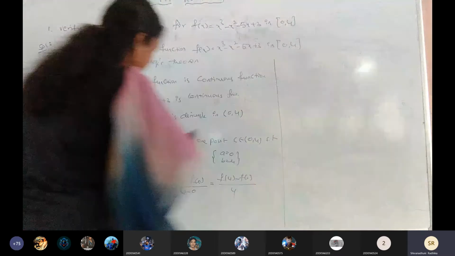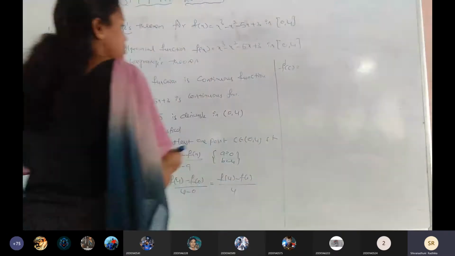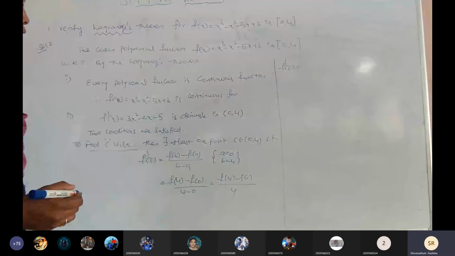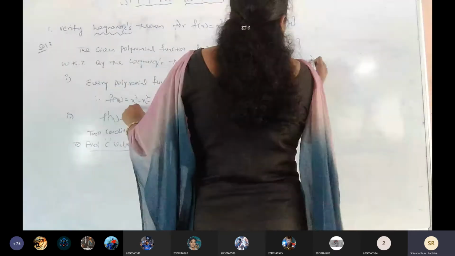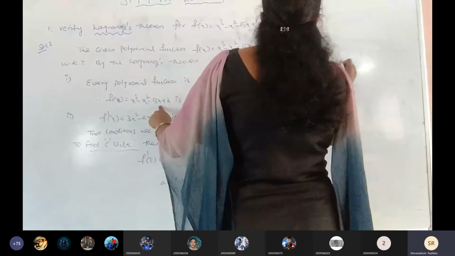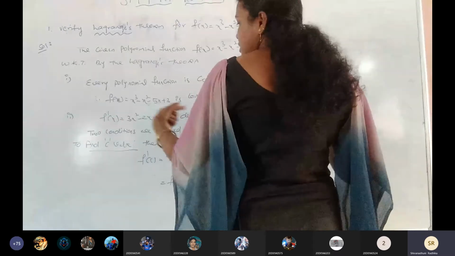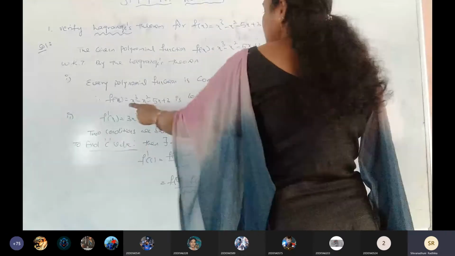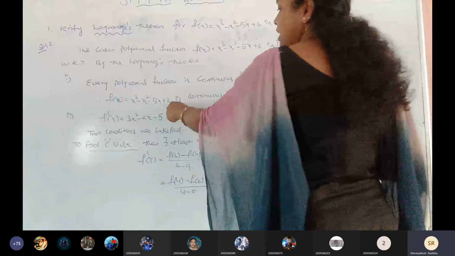Now, by simplification, f dash of c equals f of 4. What is f of 4 here? 4 cube minus 4 square minus 5 into 4, that is 20, plus 3, by f of 0. For 0 we totally get 0: 0 plus 0, 0 plus 0, 0 plus 3. Only the denominator has the 3, from f of x.